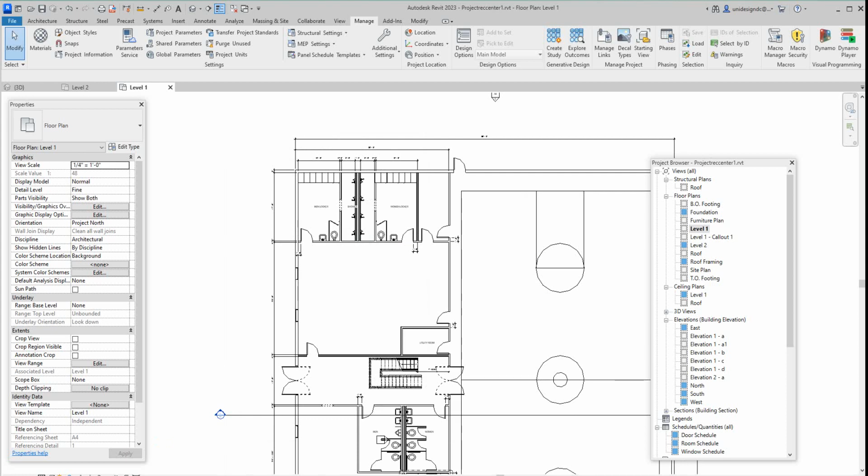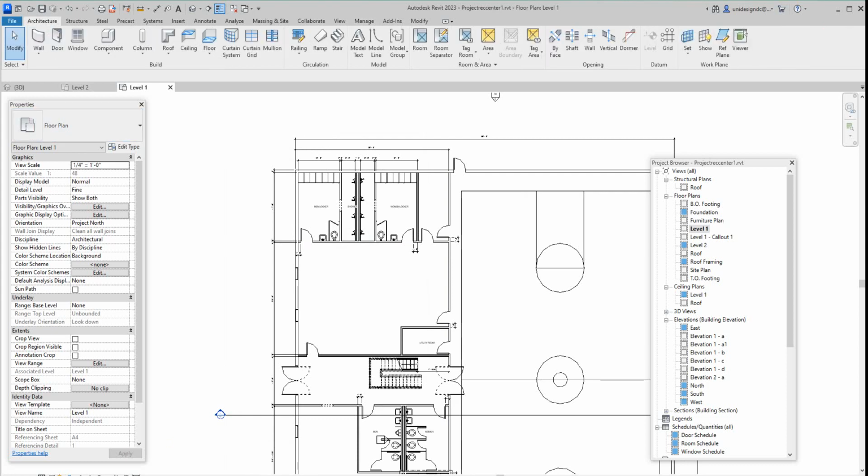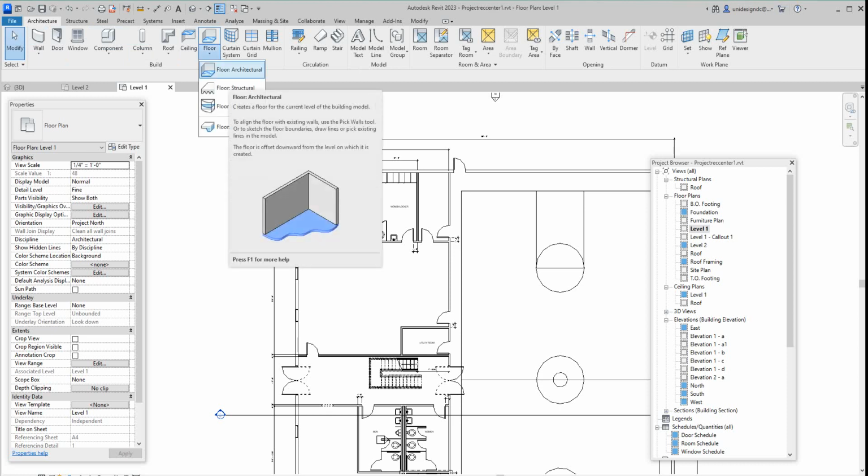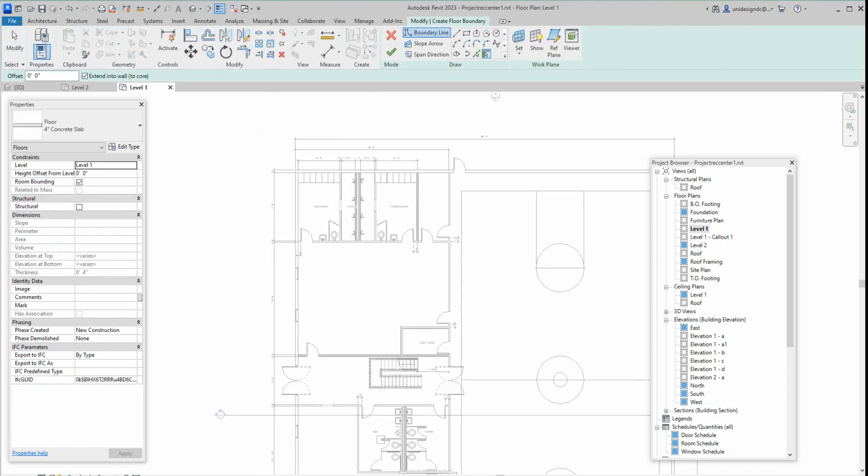Excuse me, I'm going to go into my architecture tab here. Now we're going to do this in this model, but we will create a structural model. But for now, we're going to just put the floor in here so I can show you how we do these finishes and everything. So here we're going to architecture, then I'm going to go to floor, and here I'm going to go to architecture, and then I'm going to pick the 4-inch slab here. Yep. I want to pick that guy,